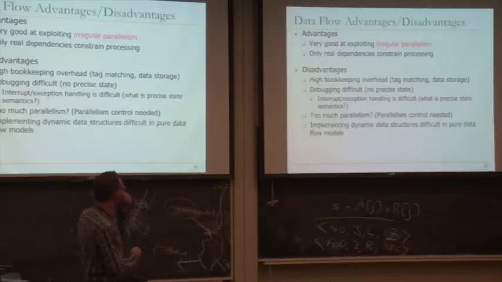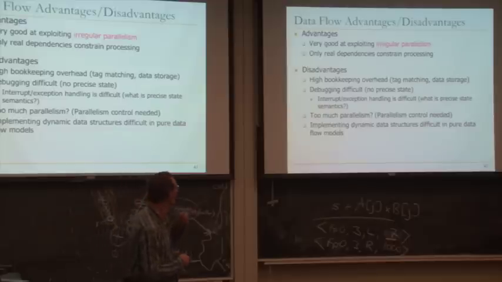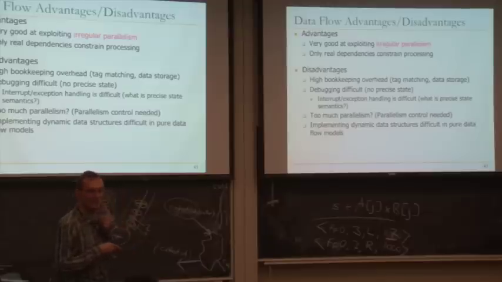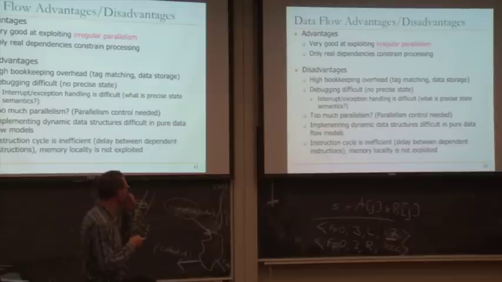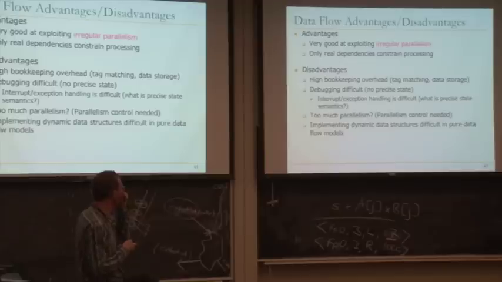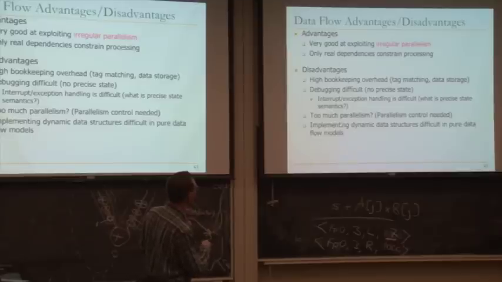OK. The other difficult reason that affects software significantly is dynamic data structure, right? In pure Dataflow models, it's hard to do this because you're writing multiple times to a memory location. How do you do that? I'll let you think about that. People have proposed different ways. I should have reordered these things. So ordering is software issues first. Too much parallelism is software plus hardware issue. High bookkeeping overhead is an implementation issue.